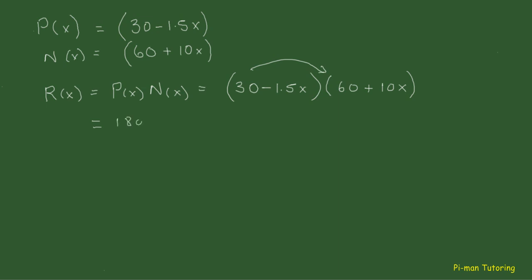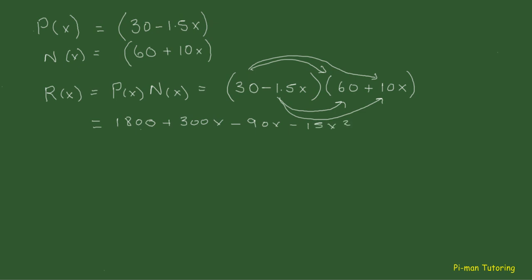That's the original revenue, you remember. 30 times the 10, so we've got plus 300 lots of x, minus 1.5 times 60, so that's minus 90x, and minus 1.5 times 10, so that will be minus 15x